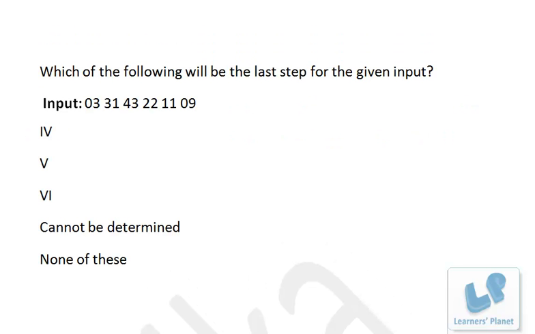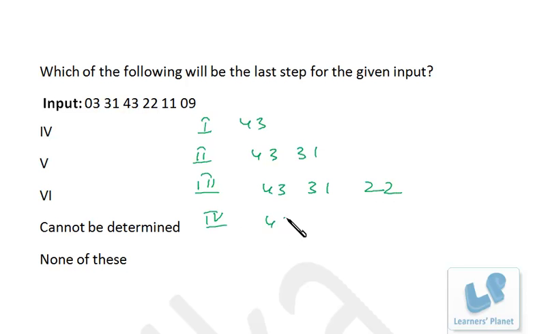Now in this question, which of the following will be the last step for the given input? The first step, first of all, let's write. First step, 43 will come at the first place. Second step, 43, then 31, then third step, 43, 31, then 22, then fourth step, 43, 31, 22, then 11,